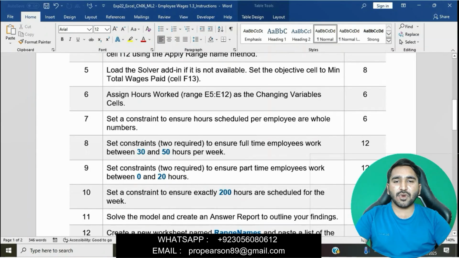Assign hours worked range E5 to E12 as the changing variable cells. Okay, assign hours worked E5 to E12 as the changing variable cells. Now we will assign the hours worked in this Solver.